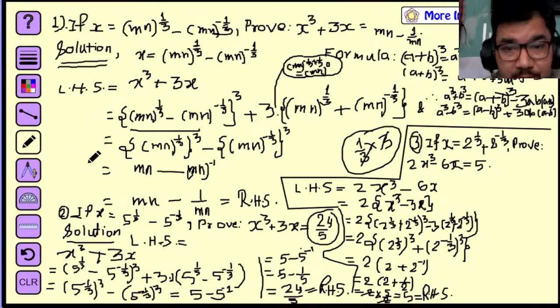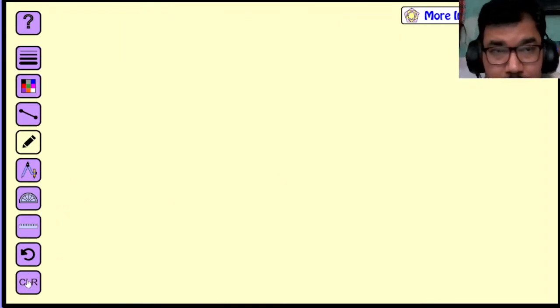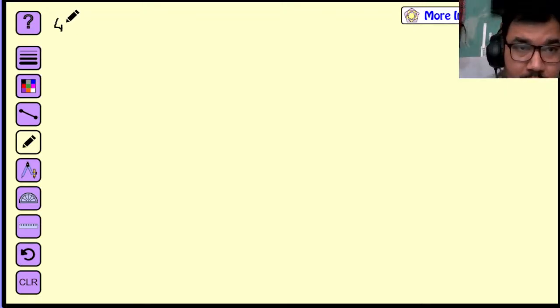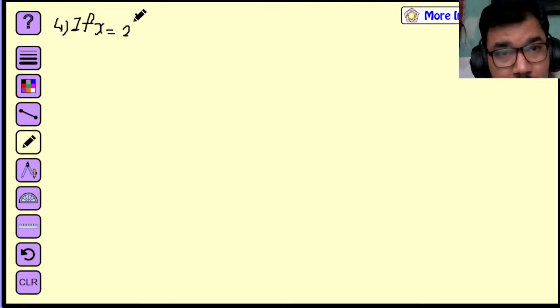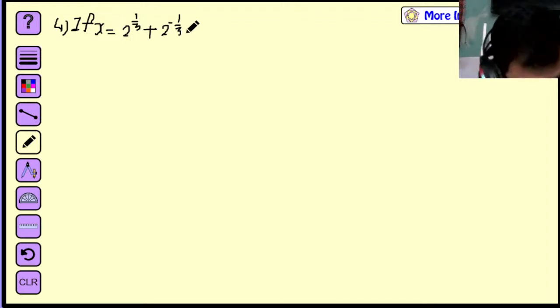Look, I want to give you a similar question for practice. Okay, I'm going to clear this board. Question number 4: it is given there, if x equals 2 to the power 1 by 3, plus 2 to the power minus 1 by 3, and then prove